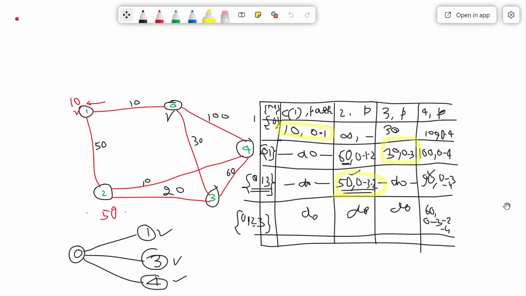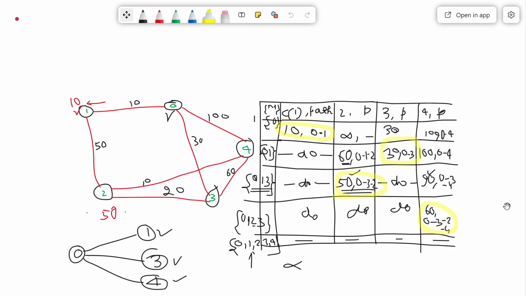Next, there is only one node, so we have not much to do. This will be selected as the minimum cost path, and that will appear in this, and then it will be 0, 1, 2, 3, 4. Now all 5 nodes are there in M, so no more iteration is possible. So here we have concluded that we have reached the final solution, and the cost which is here is the final cost.